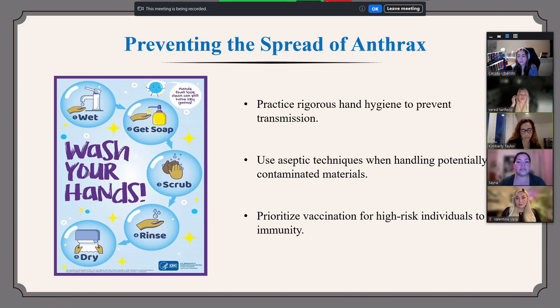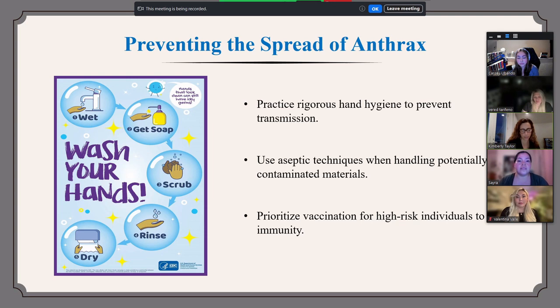Bacillus, the causative agent of anthrax, is a highly virulent bacterium capable of forming spores. These spores allow the bacterium to survive in harsh environmental conditions, making anthrax transmission a significant concern. Hand hygiene plays a critical role in disrupting the transmission cycle of anthrax spores. Soap and water are effective in physically disrupting the spore's structure, removing them from contaminated surfaces or skin.